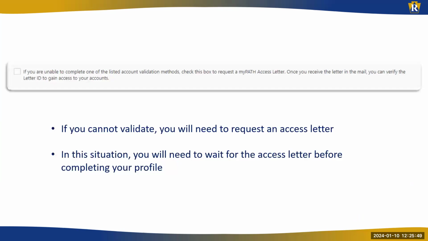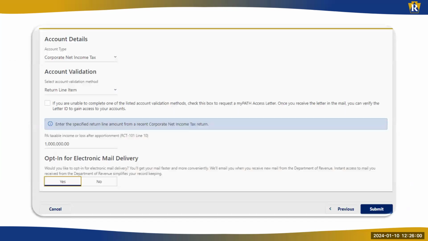If you cannot validate using the methods outlined, you will need to request an access letter in order to gain access to your account. For our example, we selected the return line item, entered the exact amount on the line provided. After completing the necessary fields,